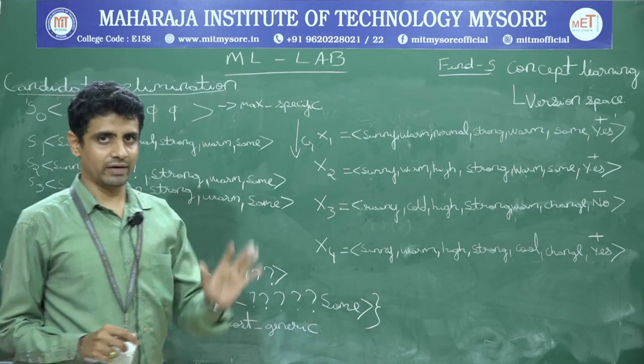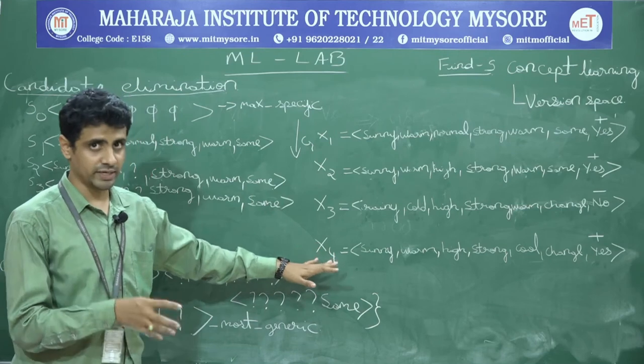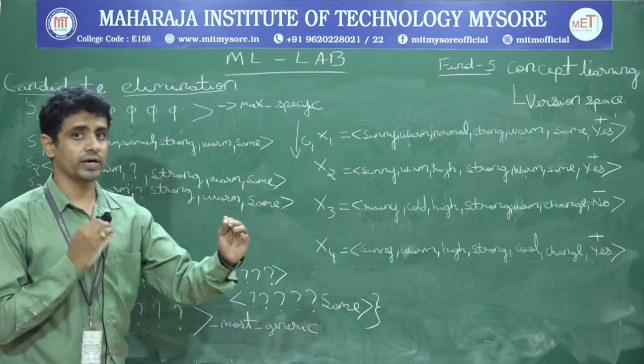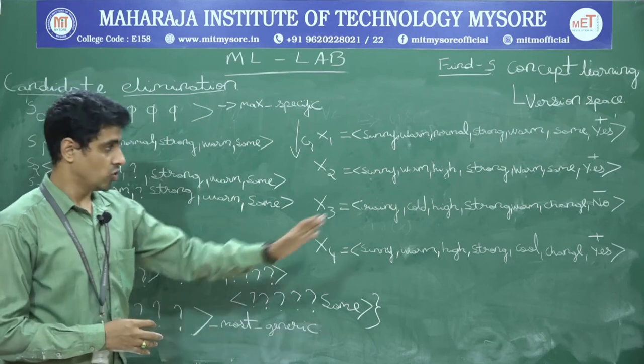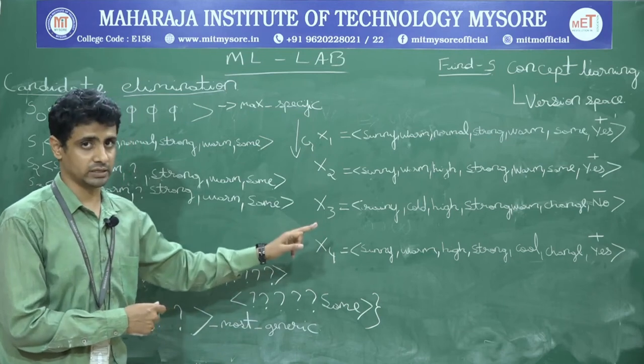So hope you have a clear picture till now. We have done with 1, 2, 3 instances. Still the fourth instance I need to take. The 4th training example I am supposed to take to finalize my specific boundary as well as generalized boundary. Hope you got how to deal with the generalized one whenever you have a negative example.